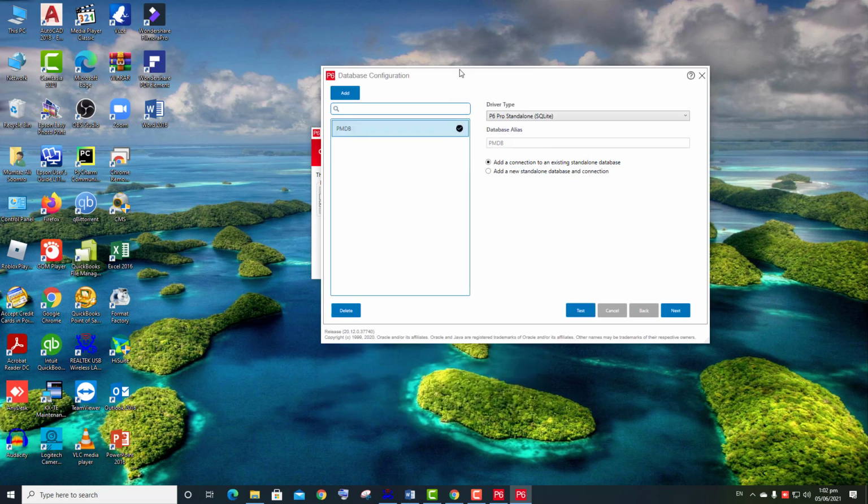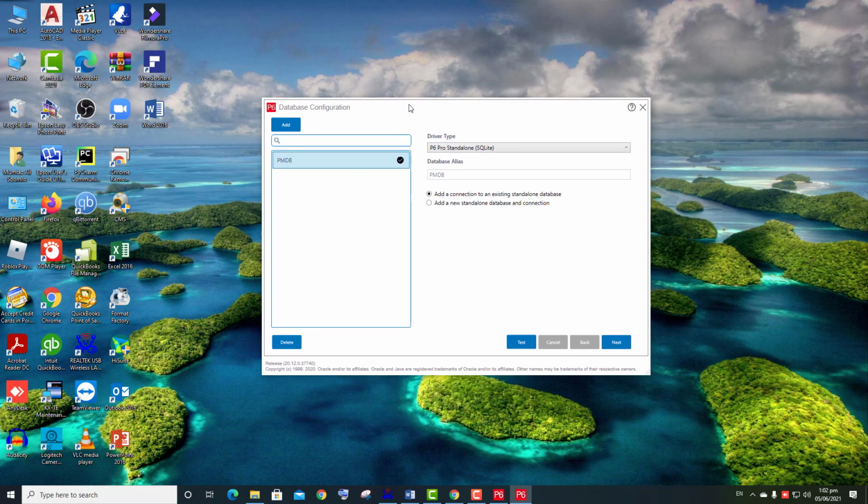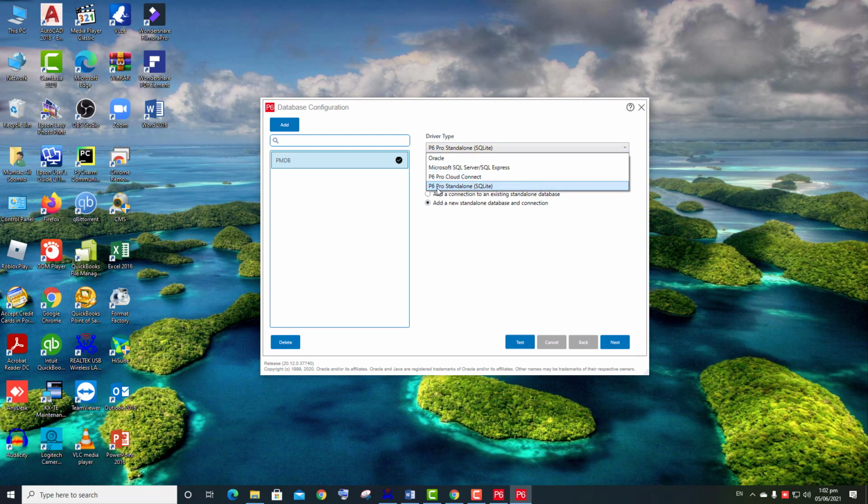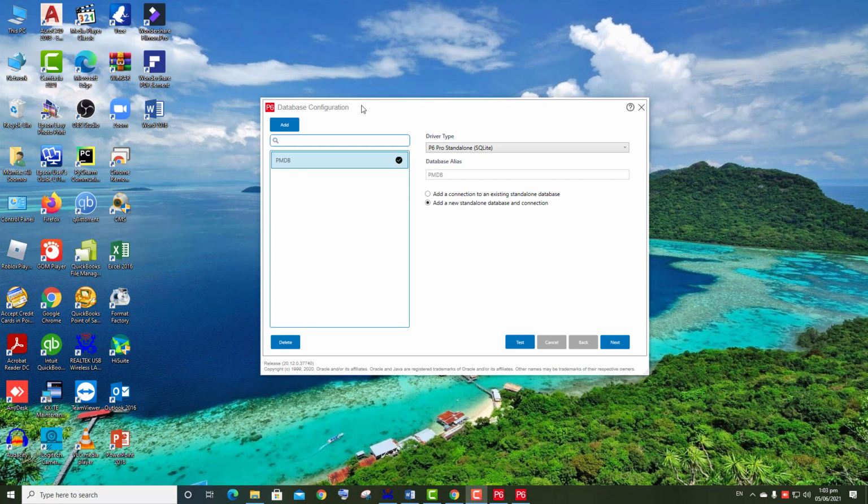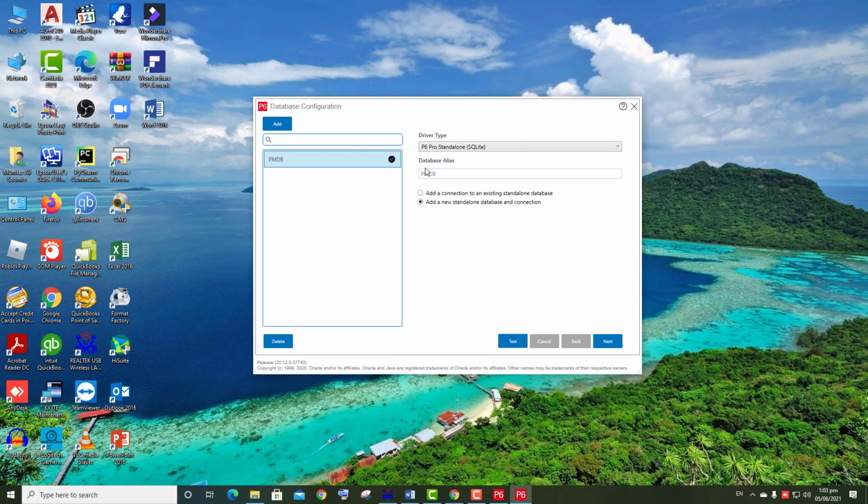Press OK. This is the database configuration window. Here we'll select the P6 Professional standalone SQL database type, and then add new standalone database and connection.